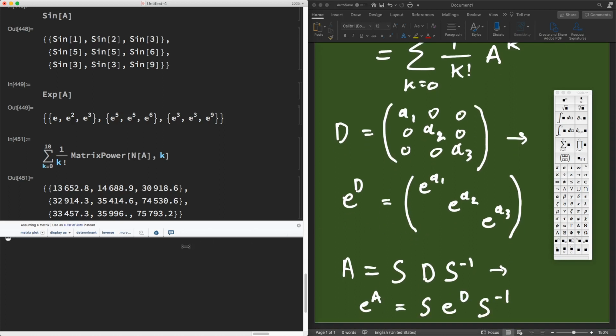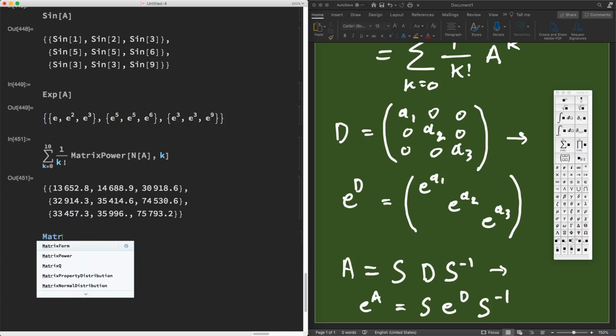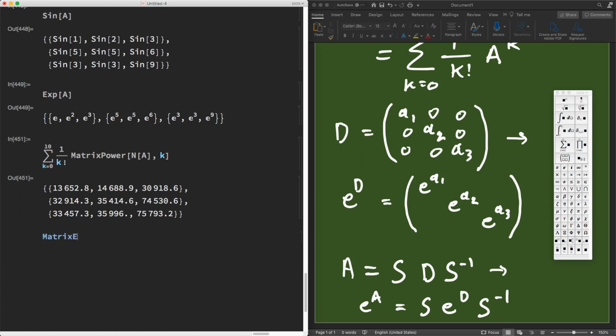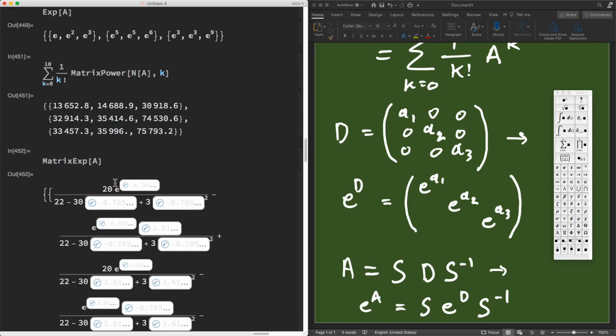So Mathematica does all this for you, and you can use the command MatrixExp. There's actually also another way to do it that we'll discuss later, but MatrixExp will give you the exponential of the matrix. Now again, it did it symbolically, so it needs to solve the root of a cubic polynomial here to give you an exact result, but